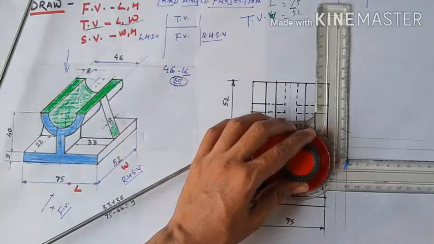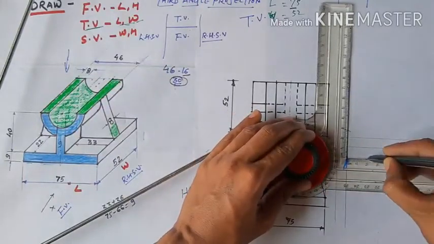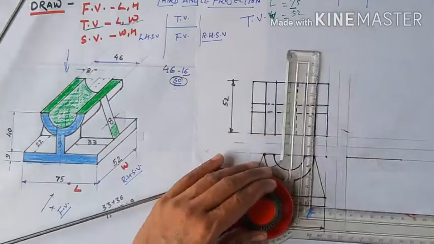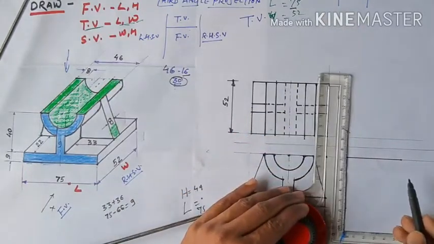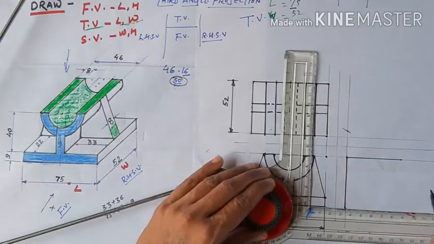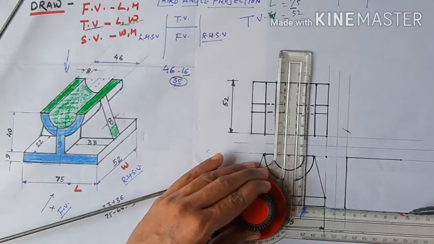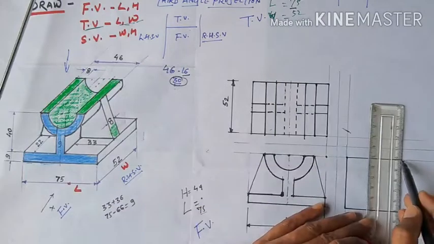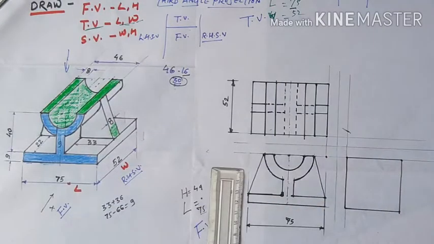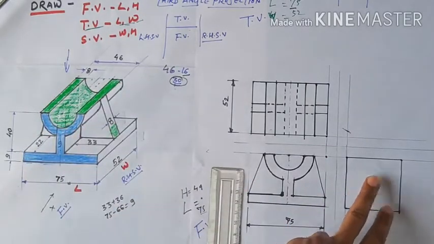So this is your width side. Here we need to draw 52 mm, and from here this is your height, joining it into a single line like a box. Now from here again we need to draw 52 mm, so complete this like this. So the side view of this object is shown from this outline.